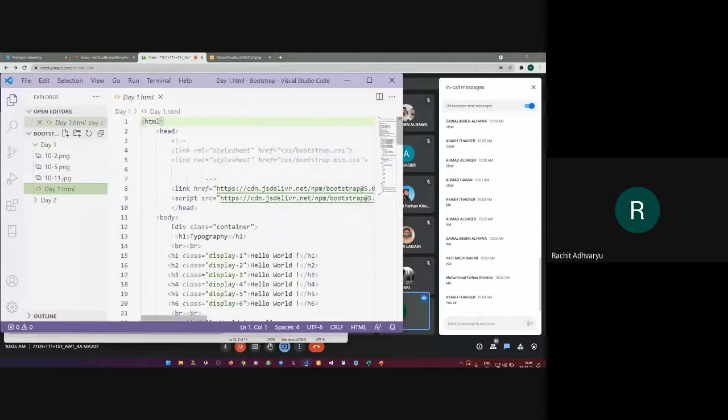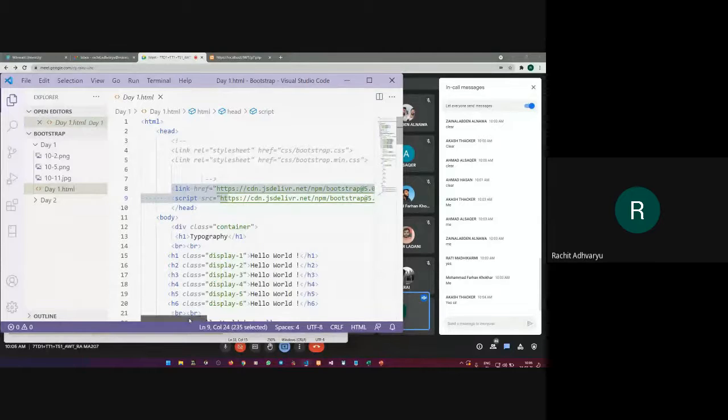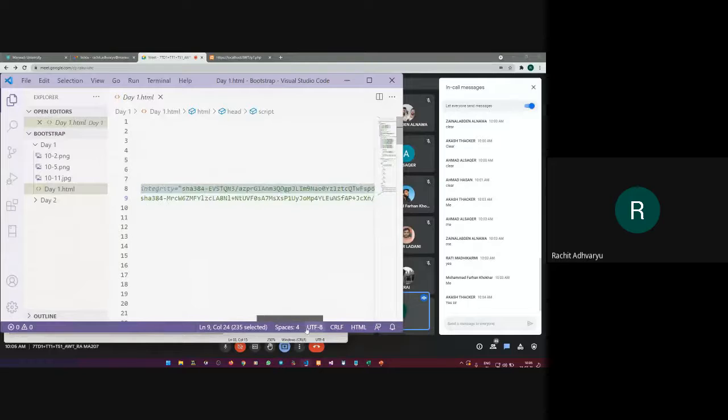If I'm using this HTML, then you don't have to install Bootstrap into your system. This link is not the valid one. Instead of that, I'm using the online library, that is this one. So this will directly get me Bootstrap 5 into my application without installing Bootstrap 5 to my local system.